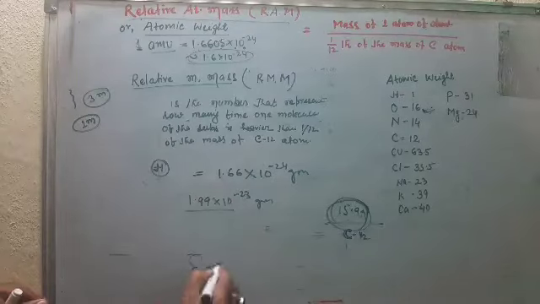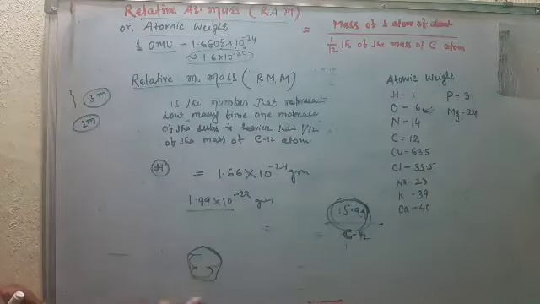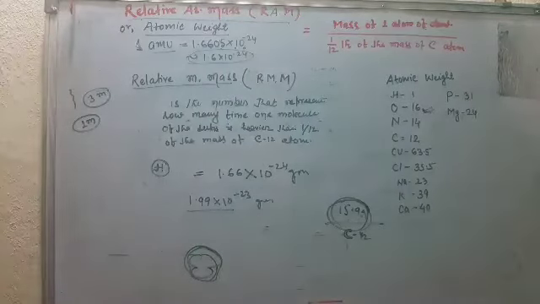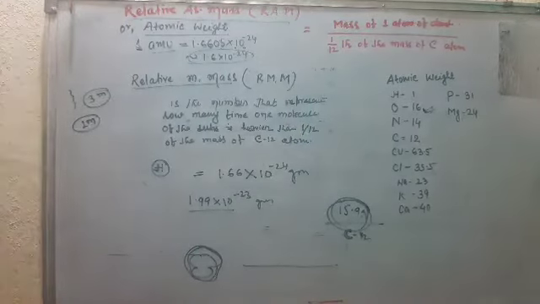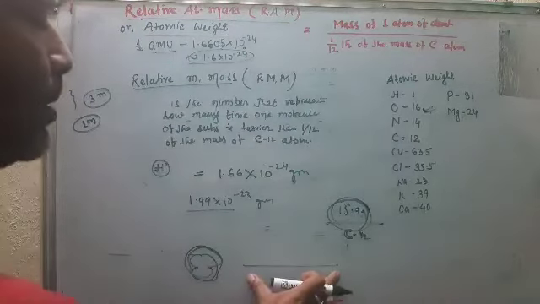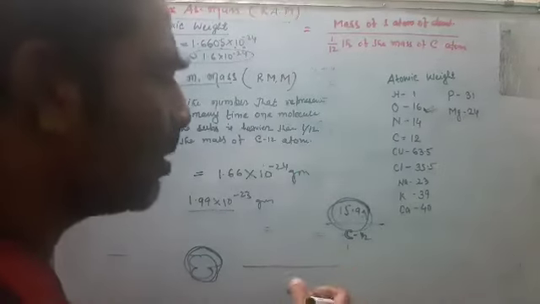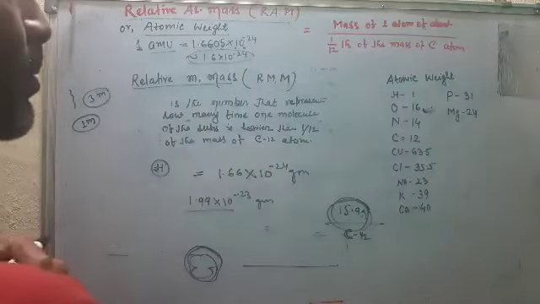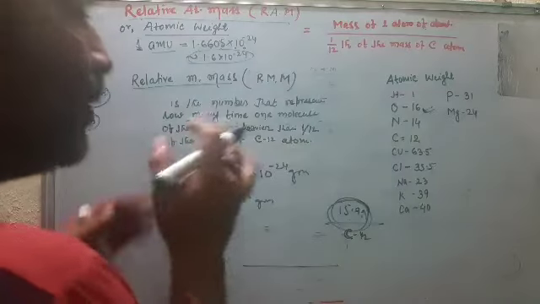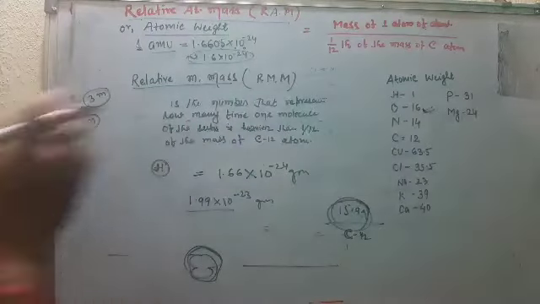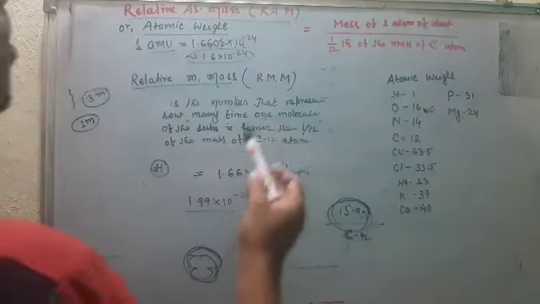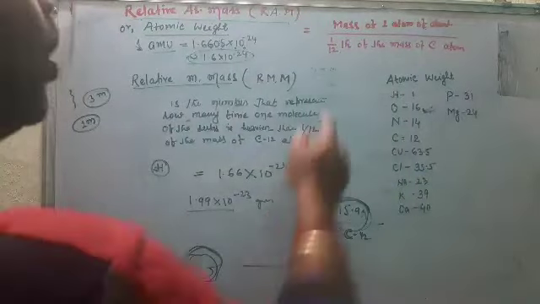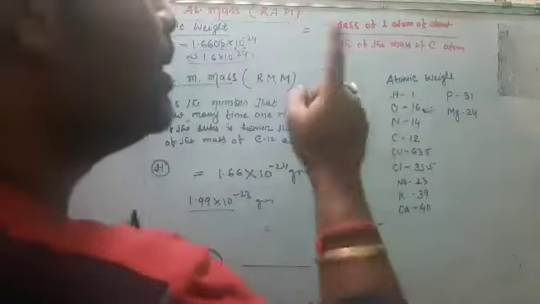What is the weight of this object? So for weight, I compare with kilogram or gram. What is the length of this line? If you want to know the length, you compare with centimeter, meter or millimeter. That means there is some standard unit and we compare with it. Similarly here, if I want to know the mass of any other element, I compare with 1/12 of the mass of carbon 12 atom.